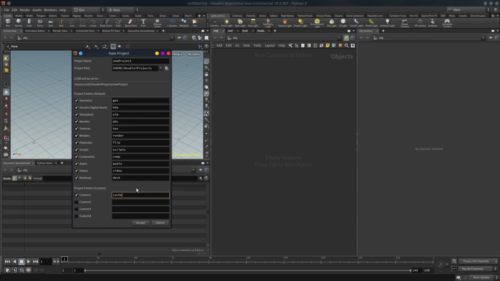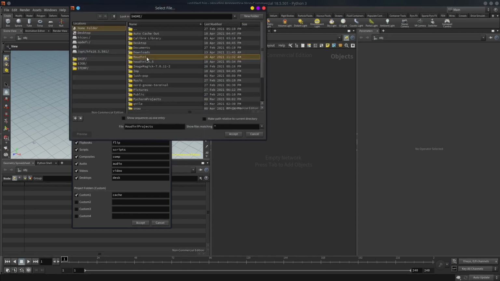This is very important, that you have a cache folder, because all of your caches will be saved in this folder only. It is very important that you have a cache folder in your project, else it won't work. It will give you errors. So just have a cache folder like this, and I will change the name here. I will name it demo project, and I will save it.